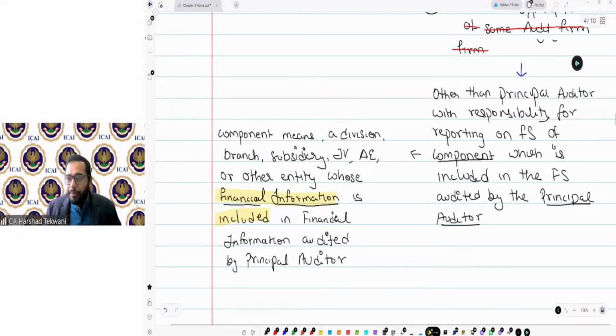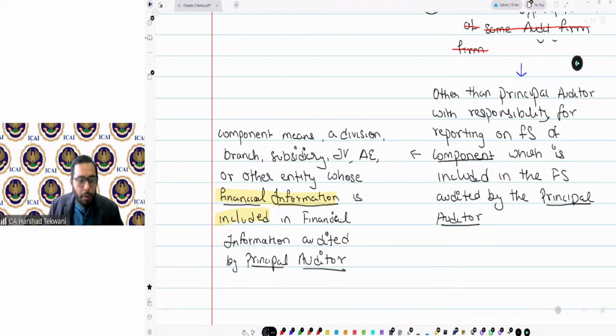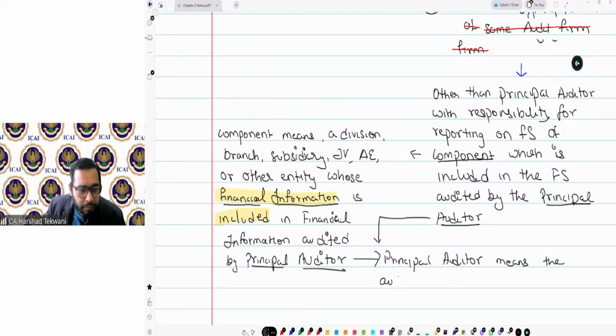Now, the question is, who is the principal auditor? What do I mean by a principal auditor? Principal auditor is nothing but the auditor with the responsibility. So if I tell you the definition, principal auditor means the auditor with responsibility